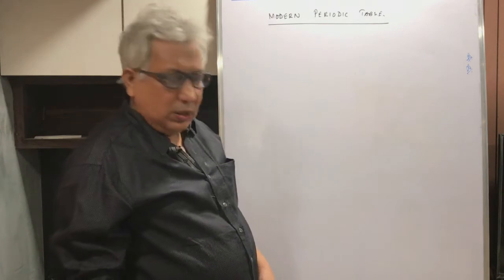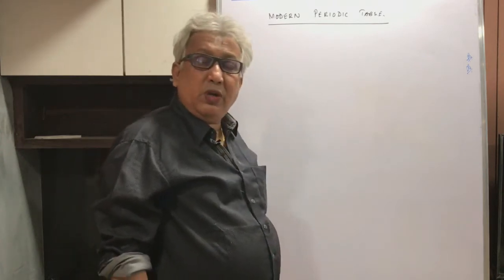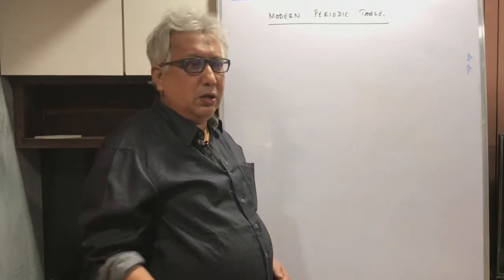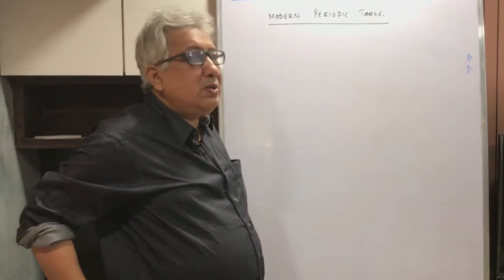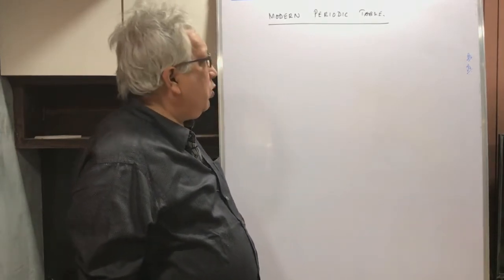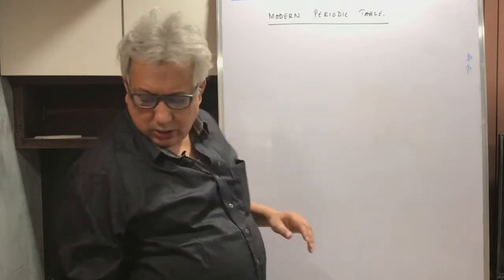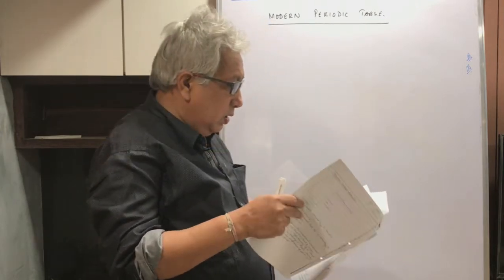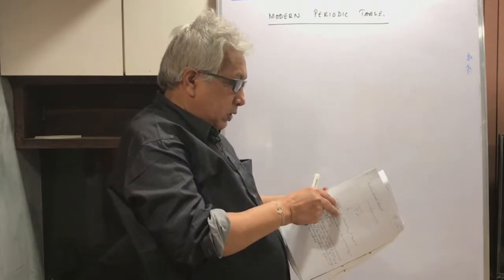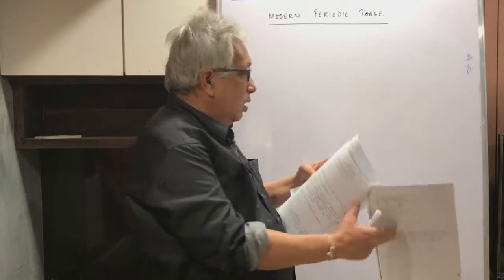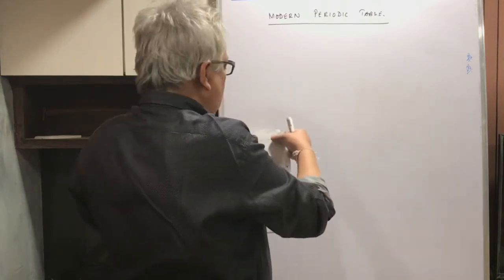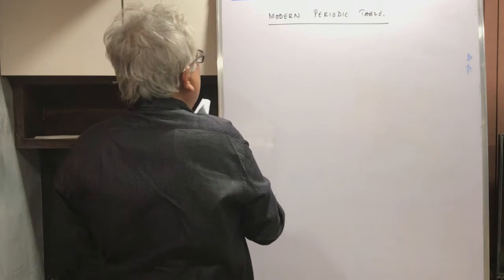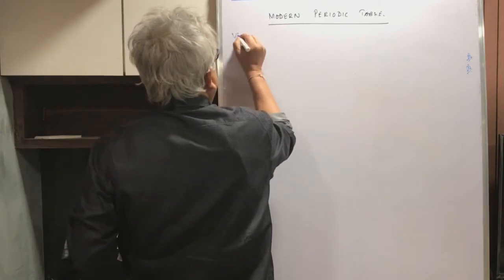So children, last time we have been talking about the trend in periodic trends in properties. In the periodic trends in properties, that is I believe heading number 6, I think it is heading number 7. So in heading number 7 we have been doing periodic trends in properties. I'll just quickly remind you what we have done.